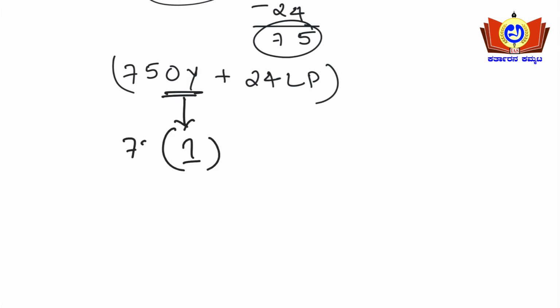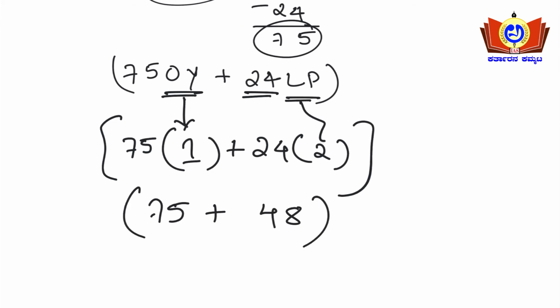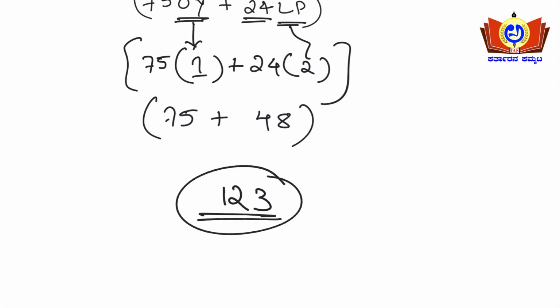Okay, so 75 plus 24 leap years will be there. In each leap year 2 odd days will be there, so 24 into 2. Yes or no? So 75 plus 24 into 2 is 75 plus 48. Okay, so 75 plus 48 is 123. So in between